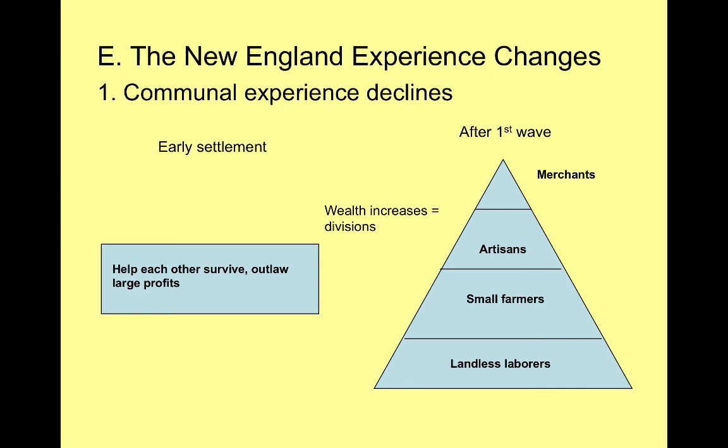Here we see the different aspects of society. In the South, we see the planter elite on the top. In the North, we aren't going to have plantations because it's just too cold to grow cash crops. So the elite are going to be merchants, people engaged in perhaps the slave trade or sending raw materials back to England. Then we have artisans, silversmiths, blacksmiths, those kinds of things. Small farmers, and then of course the land laborers.